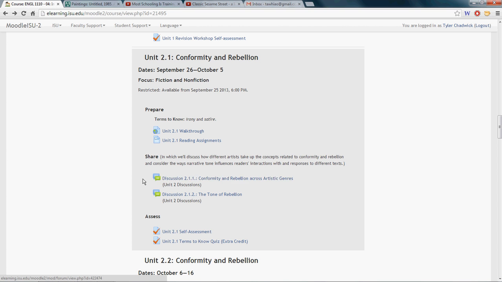Now, in terms of the unit theme, conformity and rebellion, I wanted to talk just a minute about this theme. Our textbook authors, Apkarian and Klotz, in the introduction to the conformity and rebellion section, say that although diverse in treatment and technique, all the works in this section of the book are about individuals struggling with complex sets of external forces that regulate and define their lives. Just think for a minute about the forces that regulate and define your lives. They mention that some of these things could be the state or government, the church, tradition.